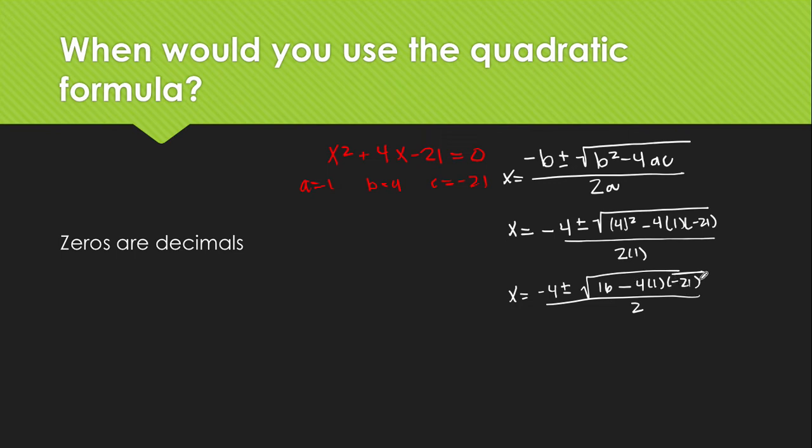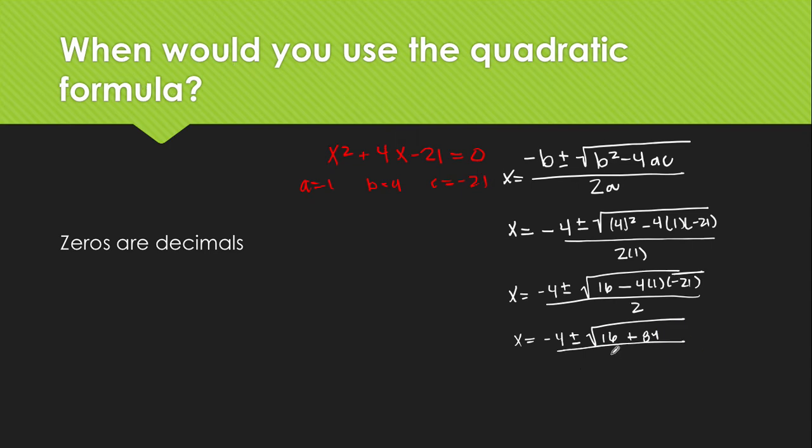Let's keep figuring out everything in here. Negative 4 times 1 is negative 4. Negative 4 times negative 21 is positive 84. So this is going to be x equals negative 4 plus or minus the square root of 16 plus 84,